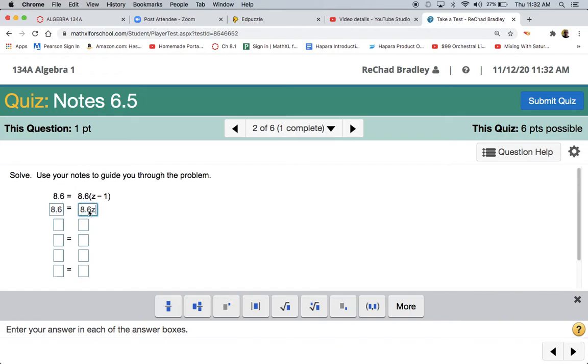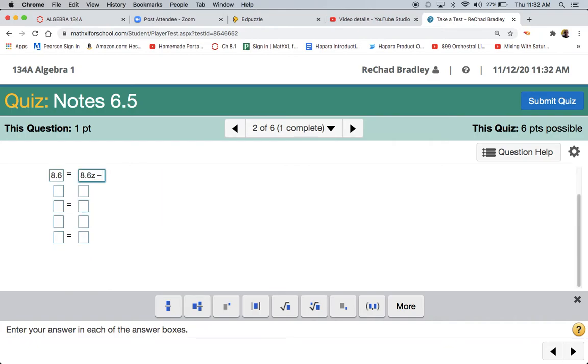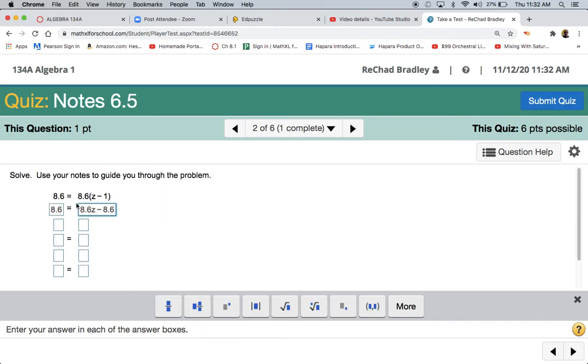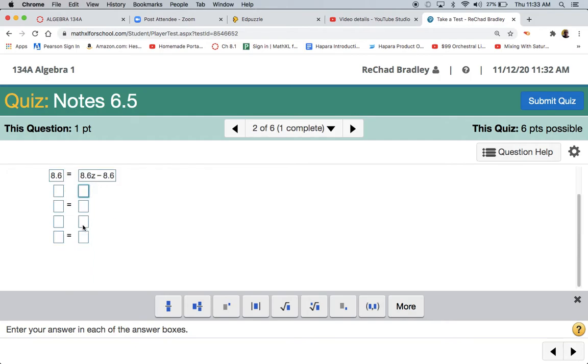Sorry, I'm working the problem out in my head as I work. And then minus 8.6. No, I know what it is now, because anything times 1 is just going to be itself. Now what we're going to do is move. Again, this has nothing to do with the problem because this is the side we're looking at. This must move now by adding 8.6